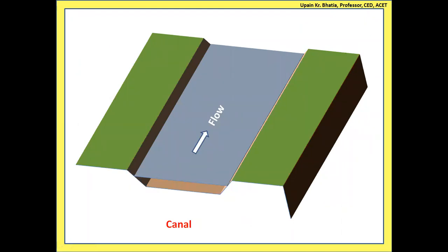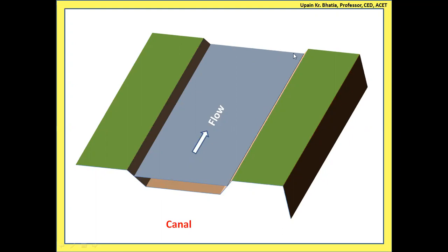The second device is provided in canals which have a regular trapezoidal section. These channels are also called prismatic channels because the same cross section is maintained over a considerable length. The cross-section area at this point and at this point is the same. So we have a certain depth of water.